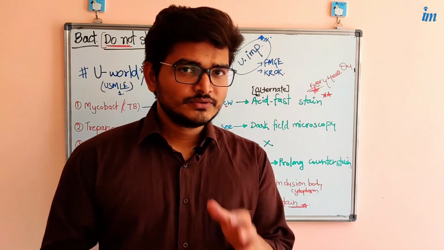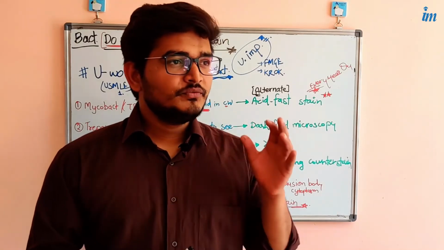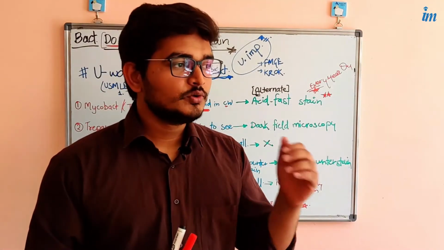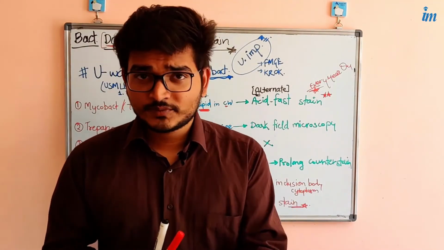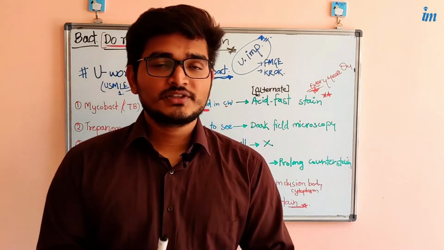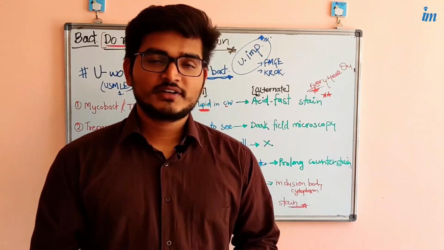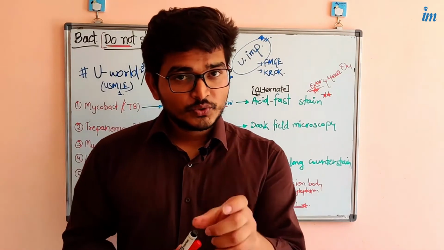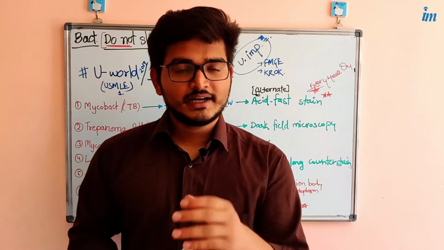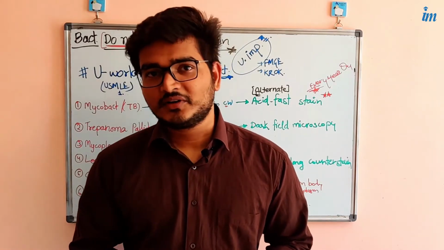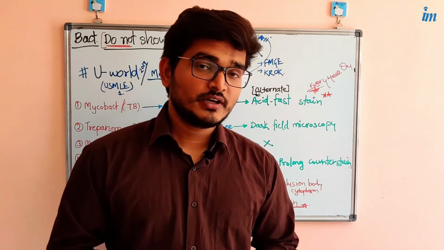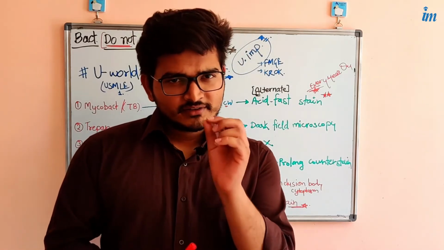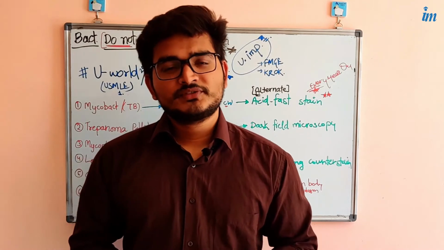And the reason is that when we go through the clinical differential diagnosis and you find something negative, there are symptoms of TB, symptoms of tuberculosis infection, but when you run the gram stain you find a negative result, then you must go with the acid fast stain. That's why physicians and doctors always prescribe tests which can include acid fast stain even when there is a small chance of tuberculosis or TB infection.